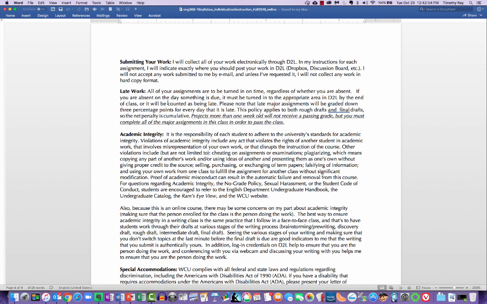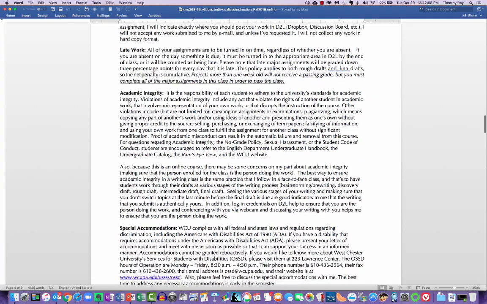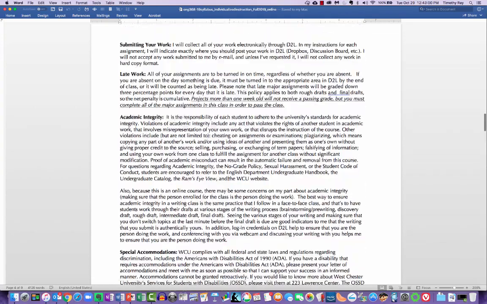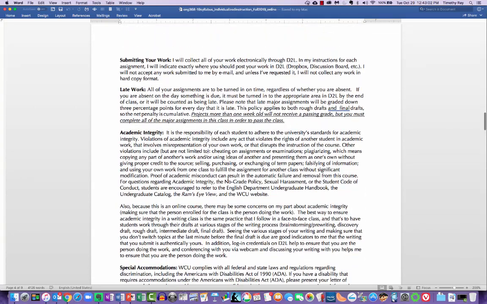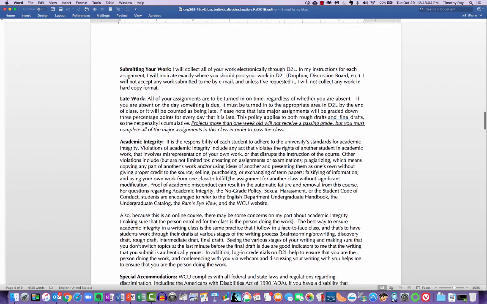Late work, the important thing to remember here is that I thought I included it with my revision policy, that you do have a revision policy with this class, that at the end, if you got less than a 90 on one of your early assignments, the employment packet, the website analysis memo, or the document standards manual, you can revise up to a 90% on that assignment.